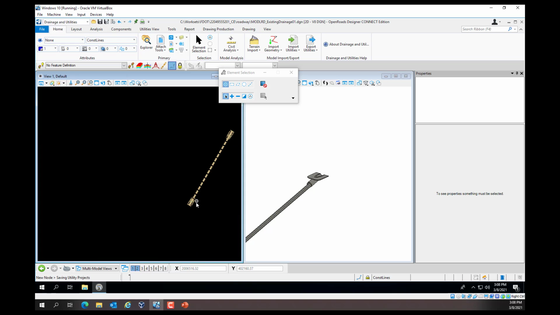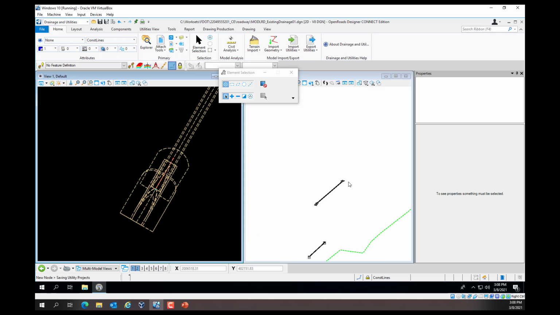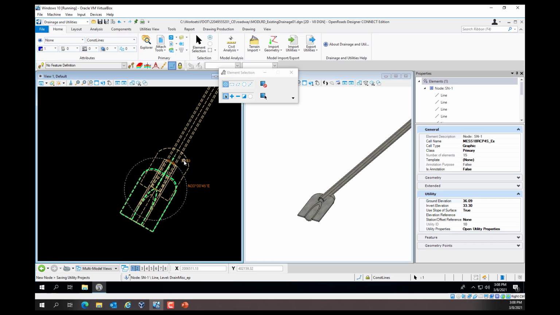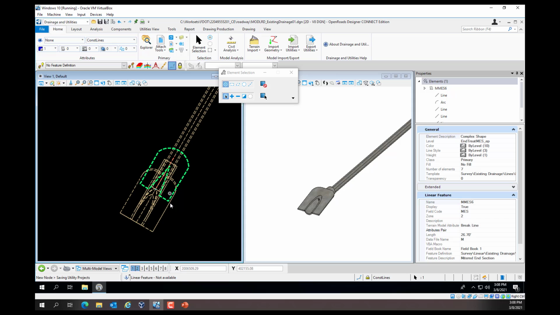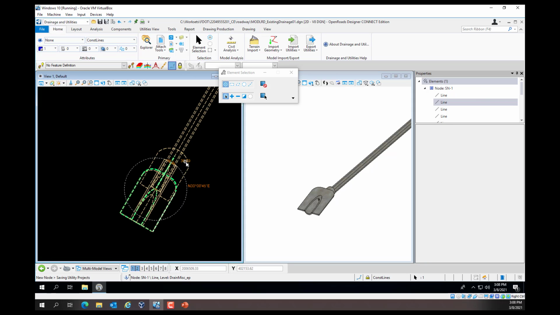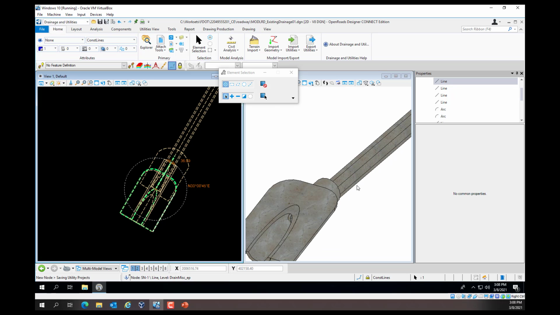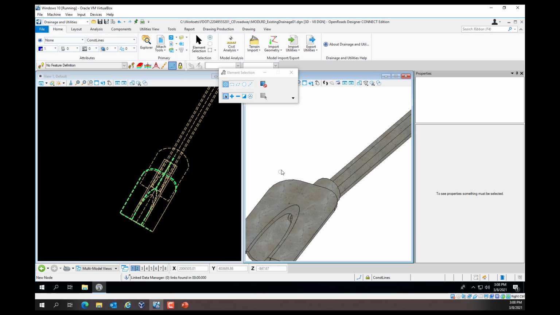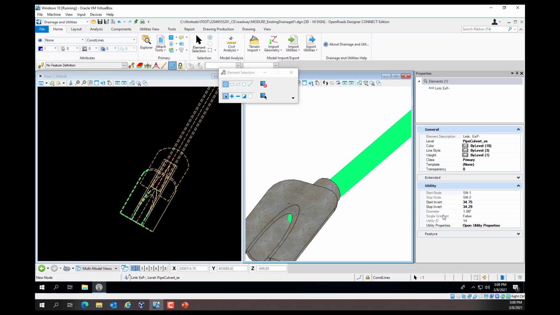Let's do that again for the base, this under section. So let me zoom in and zoom out of my 3D. Select the 3D element and then just click, that'll bring up the invert elevation. We can then come in and select on the invert and change that. So now our inverts match the pipe, but our pipe size does not match the mitered end sections. So let's click on the properties, or click on the pipe from the 3D view to bring up the properties for it. To find the properties, we'll open up the Feature tab of the Property menu.